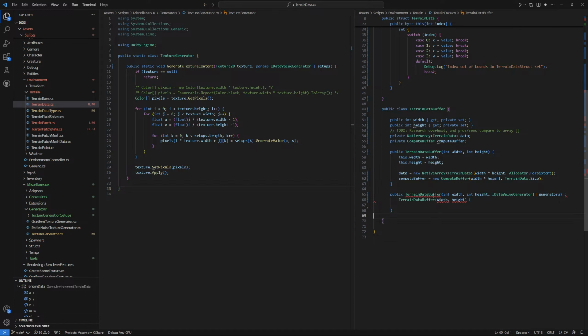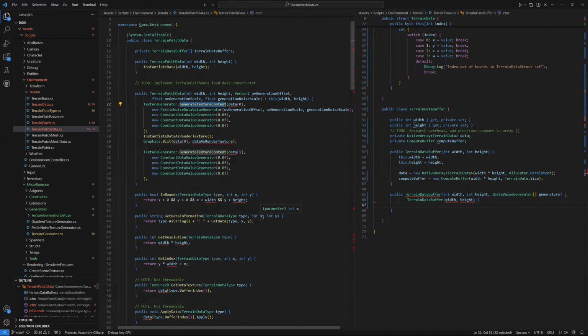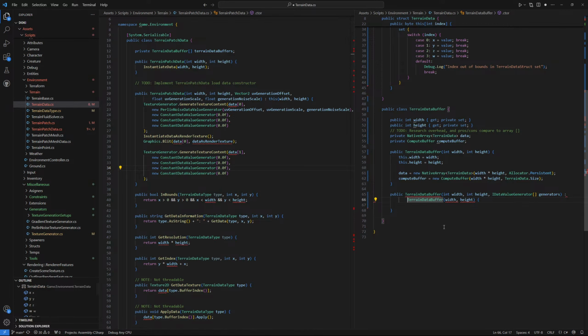Public terrain data buffer. There we go. It's been a while. And then we want to do